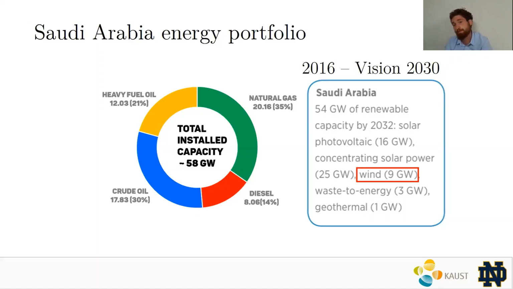However, in 2016, Saudi Arabia started to set some targets for renewable capacity, and a big share of this is definitely solar power related, because they have, of course, a lot of potential there. But at the same time, they had a very interesting share of wind energy too. So in 2016, they claimed that they wanted to install 9 gigawatts by 2032. Right now, they revised this claim upwardly, and actually now it's 16 gigawatts. So they changed this number a couple of times, but the latest figures are saying that they want to install 16 gigawatts of wind by 2032.